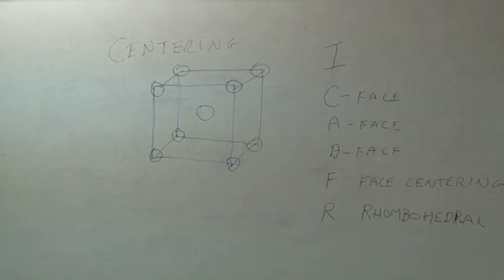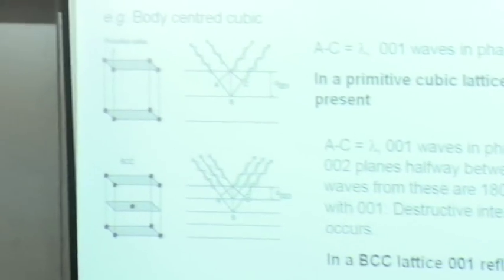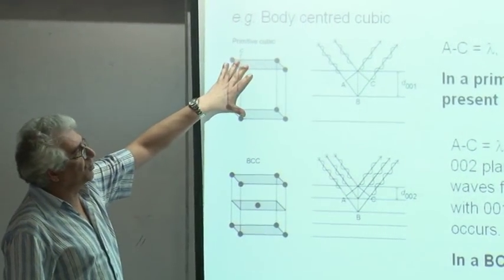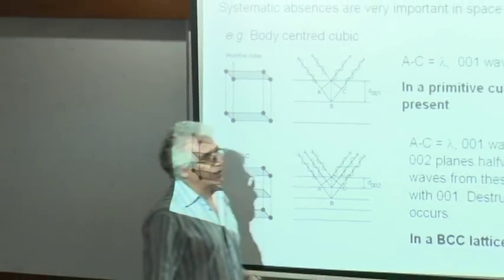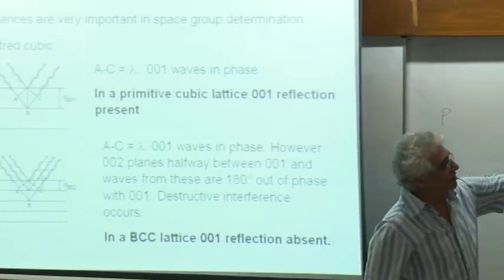There is another case, which I'll talk about in a minute, but let's have a look here. Why does it happen? If we look at this primitive cubic cell, a primitive cell, given the symbol P, does not have this